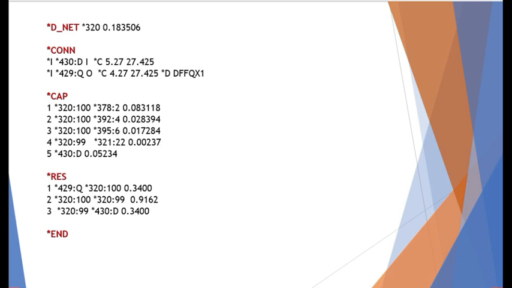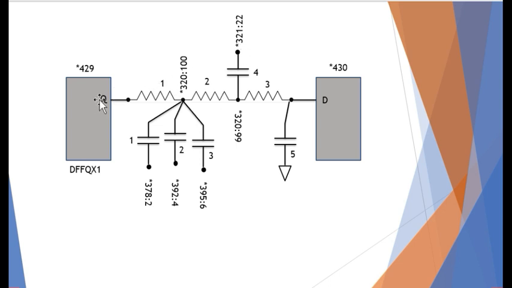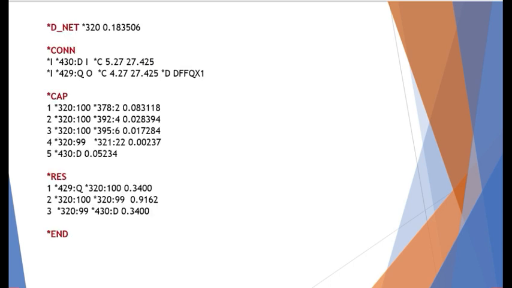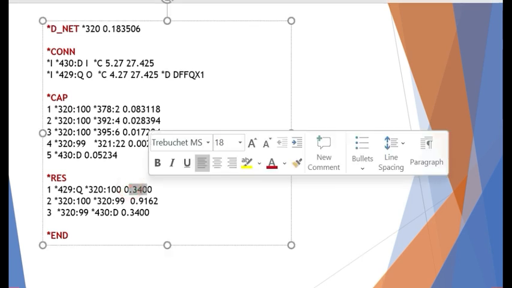Now the next section is the resistance section, and we can understand it in a similar way. The first resistance is between the Q pin of the 429 instance and the 100 node of the 320 net, and this is the resistance value.